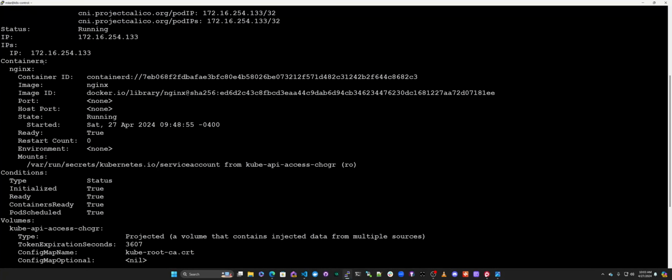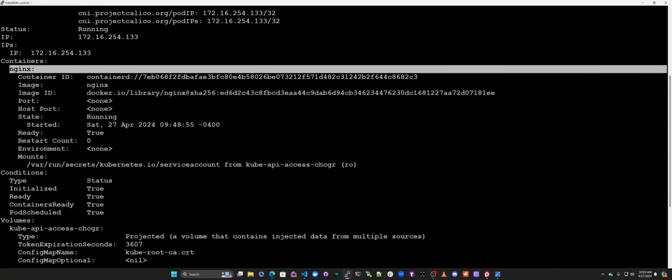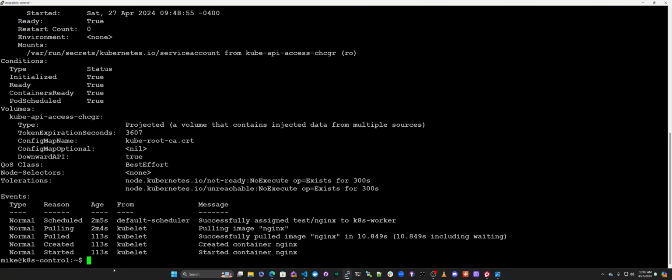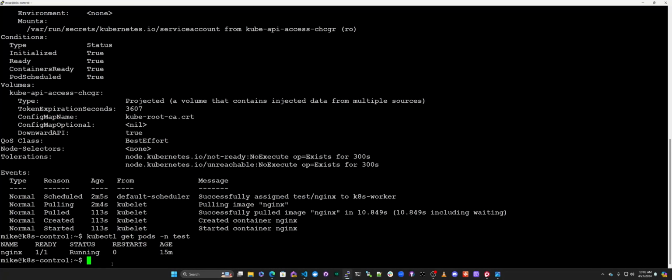This is your pod, your Nginx containers in your pod. It's scheduled right on your worker node, and again, if we go back to kubectl get node or get pods dash namespace test, you'll see that Nginx is up and running. You can also get